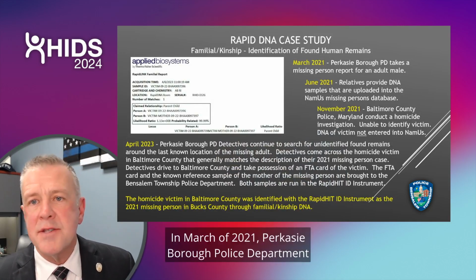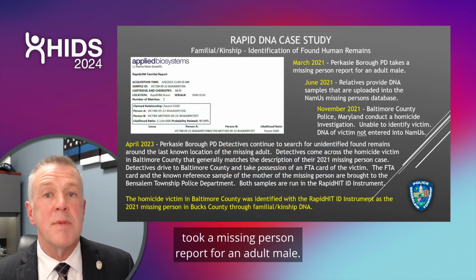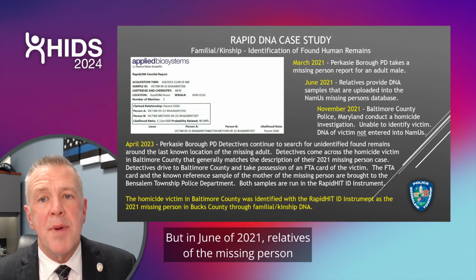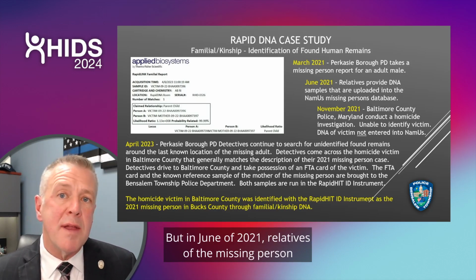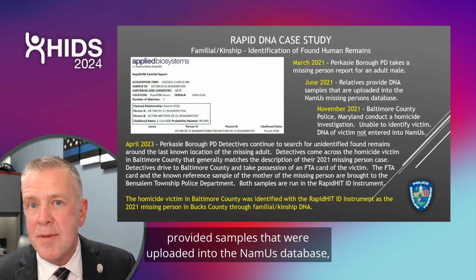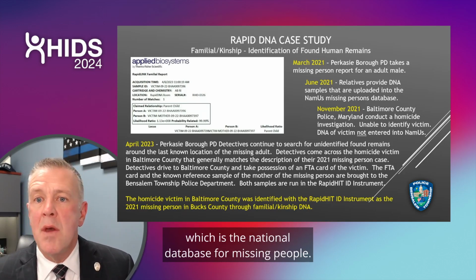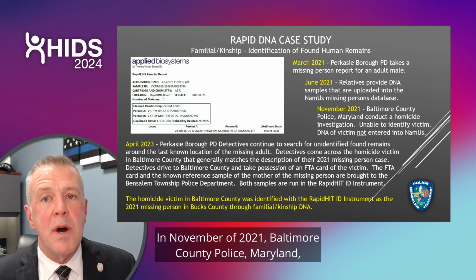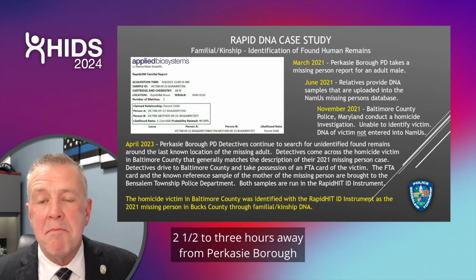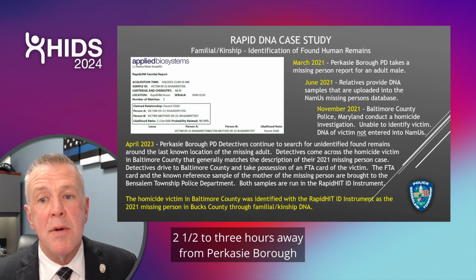In March of 2021, Percy Borough Police Department took a missing person report for an adult male. It happens. We get these all the time. But in June of 2021, relatives of the missing person provided samples that were uploaded into the NamUs database, which is the national database for missing people. In November of 2021, Baltimore County Police, Maryland, which is probably about 2.5 to 3 hours away from Percy Borough,